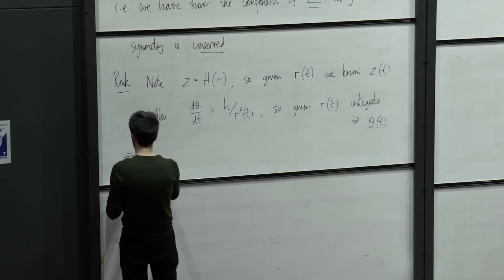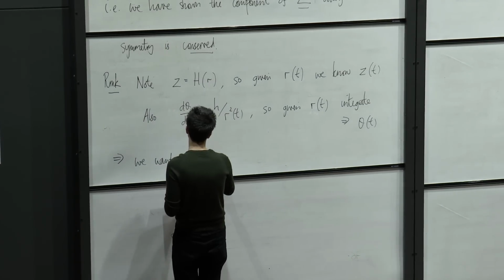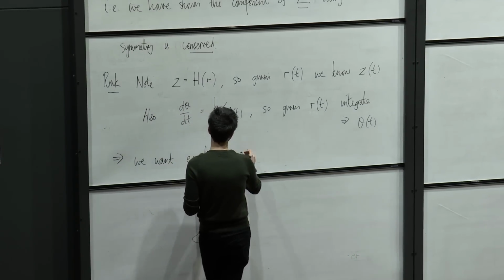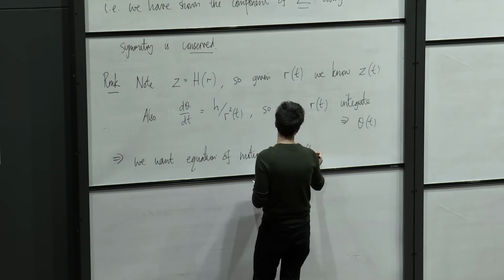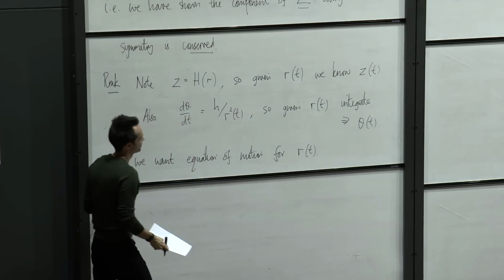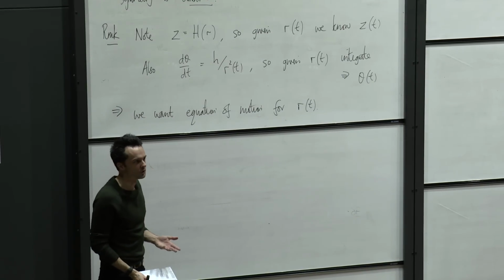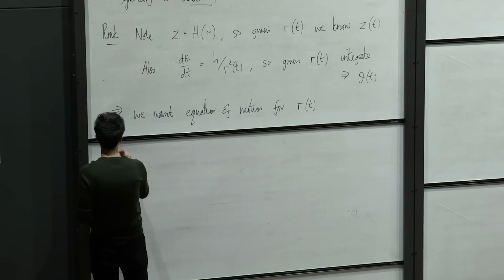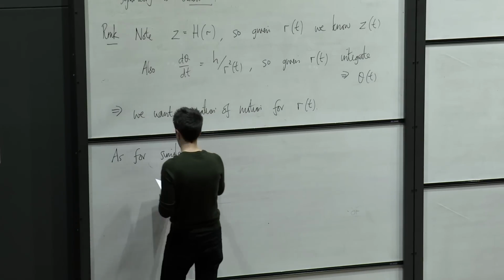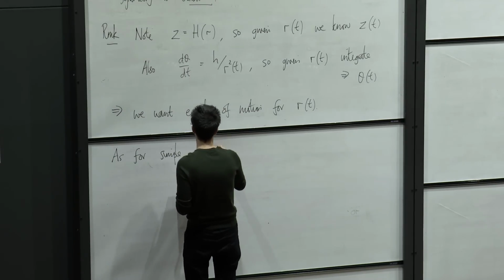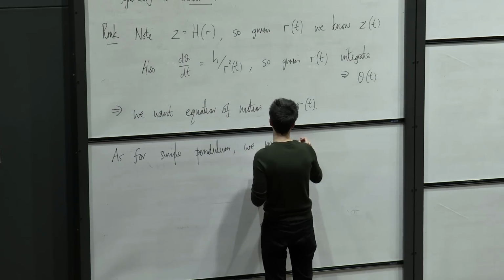So this implies that we want an equation of motion for this function, the scalar r of t. And on general grounds, we expect that to be a second order ordinary differential equation, as for the simple pendulum example last week, we may extract this